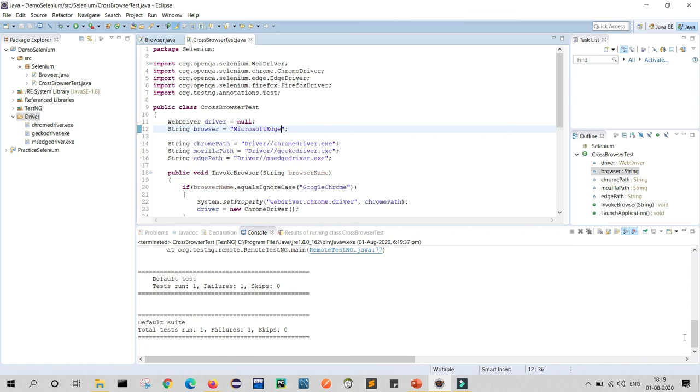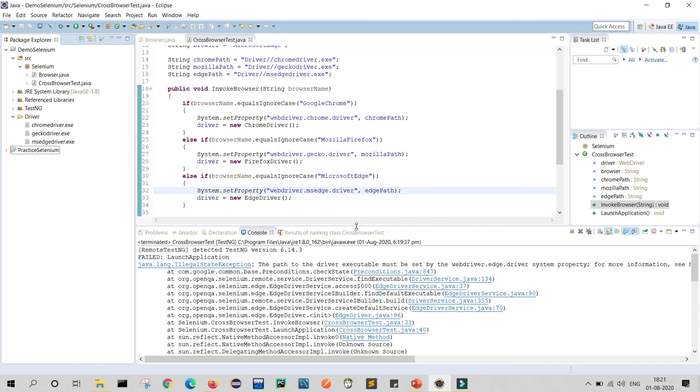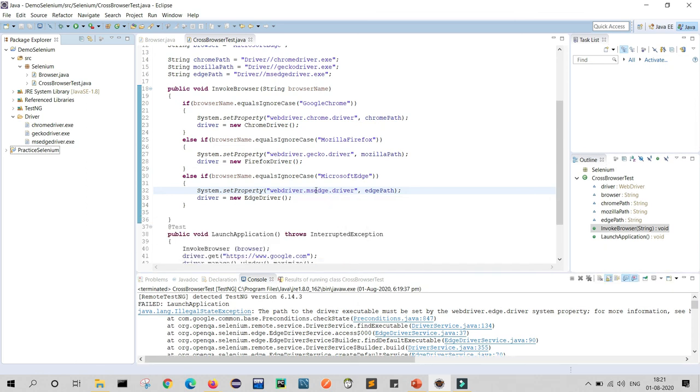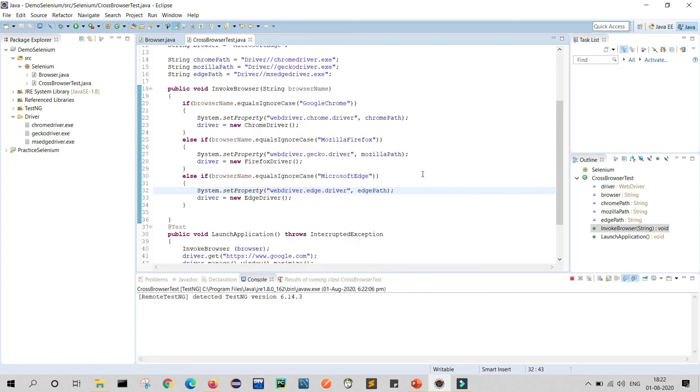One is failure, that means something went wrong. So I think my mistake is here. It is not MS, it is Edge driver. Now maybe it will run. Just save it. Run as TestNG test. Now it will run.